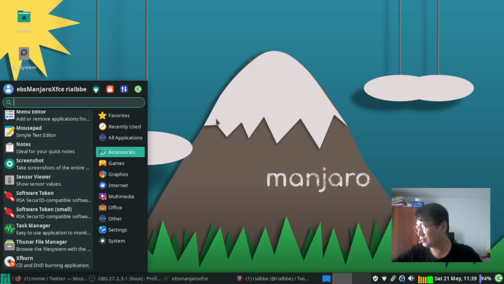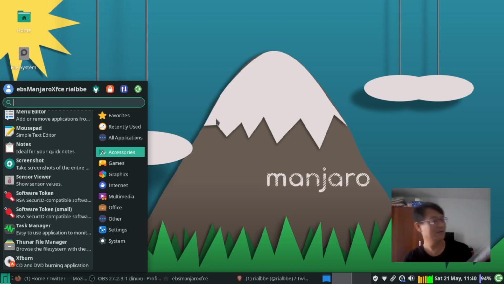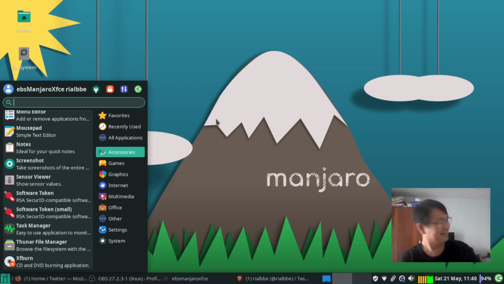Do I have the book? I still have the book. See, still have the book. Oh my gosh. See, operating system. Chapter 1: Computer, Hardware and Software. Okay. How about this one? So